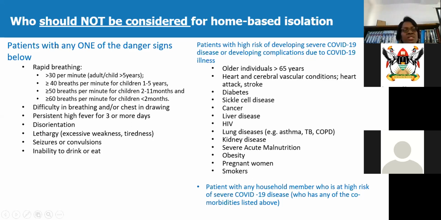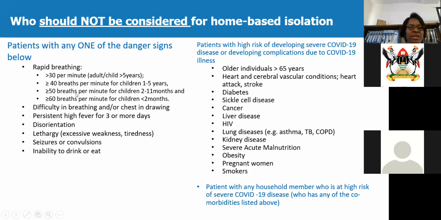So the danger signs include rapid breathing. If your breathing gets worse, if you're an adult and you have a respiratory rate that is greater than 30 breaths per minute, that's already a danger sign. For children, the respiratory rate is according to age. For those 1 to 5 years, if the rate is greater than 40; 2 to 11 months, if it's greater than 50; and below 2 months, if it's greater than 60. As long as somebody has a worsened tachypnea above those limits, they should come into the